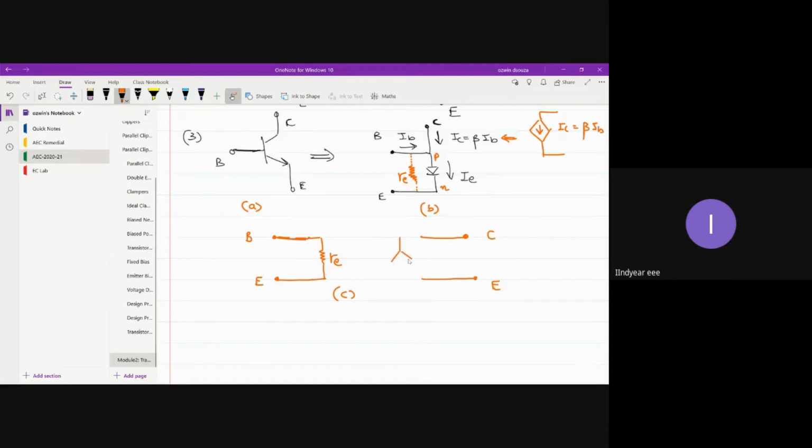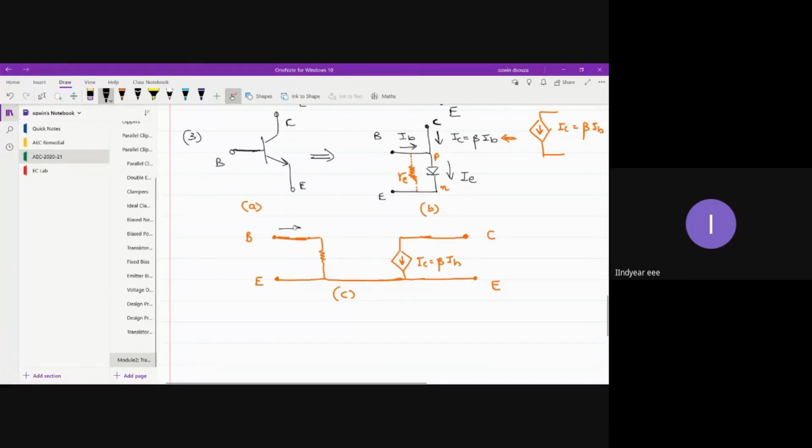Resistance RE. And between collector and emitter, we have a controlled source IC, which is given as beta times IB. Okay, and then you can join the two because the emitter is common terminal to both input circuit as well as the output circuit, right? Output circuit. Okay. Now,